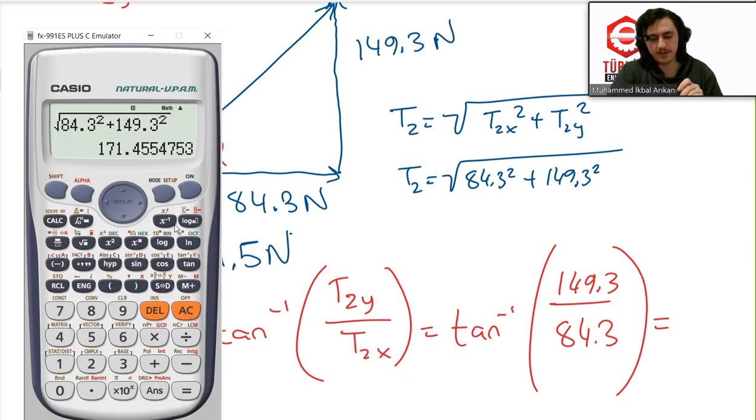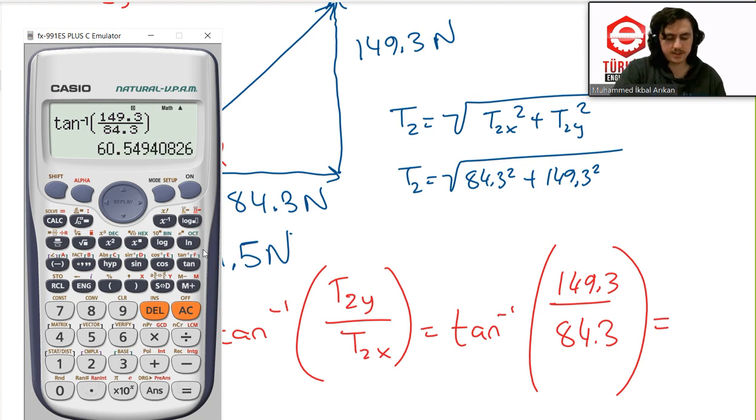So I will calculate the angle. Arctangent, which is shift tangent, and put your values. So it is just 60.5